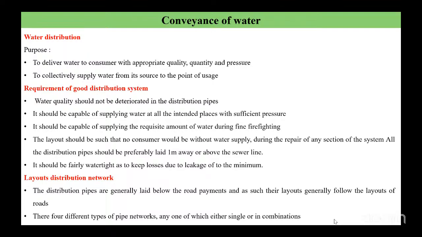And it also has to be capable of supplying the requisite amount of water during fire and firefighting. Okay, for firefighting there should be a huge amount of water to diminish or reduce the fire. And if there is no proper distribution system, the firefighters use thick quality pipes where with pressure the water is flushed out of the pipes to diminish the fire. So there should be a proper supply, the requisite amount and the pressure should be present, and the quality of the pipe should be necessary.